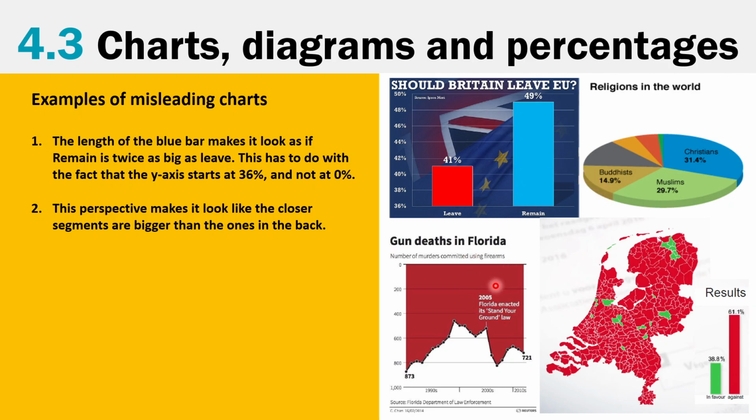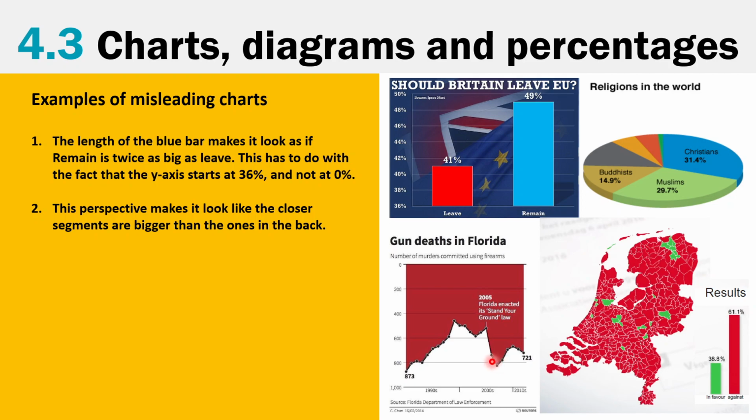Oh, this one, yeah, right. A line chart which goes up and then down, etc. And it seems like the gun deaths in Florida rise up and then quickly descend when the Stand Your Ground law is enacted. Stand Your Ground is actually a law that made it easier to use your gun when you wanted to defend yourself. And so people said, hey, see, when this law was enacted, there were fewer murders being committed